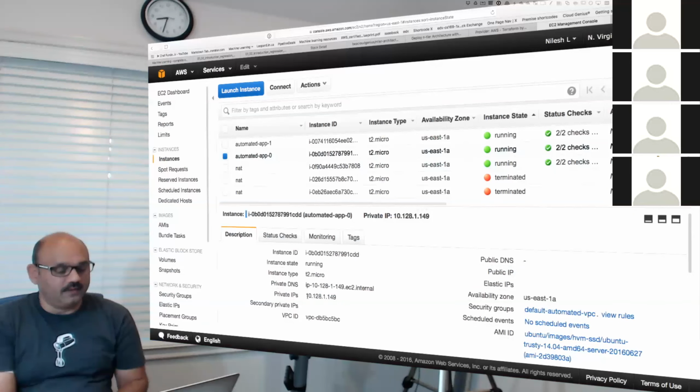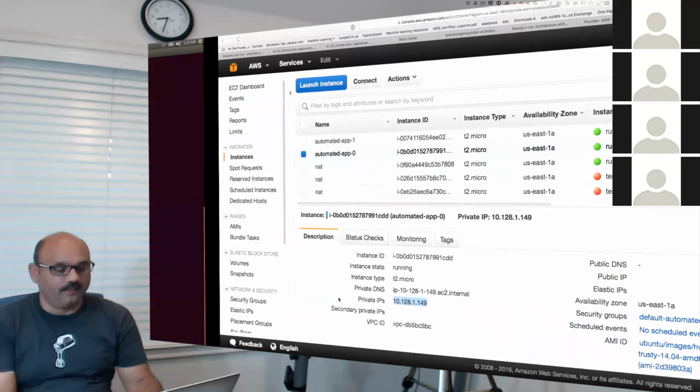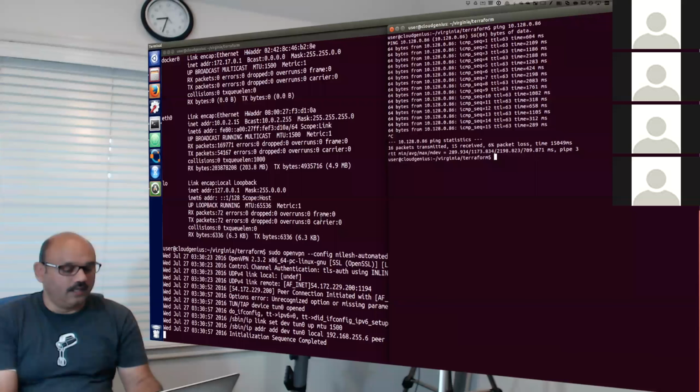What I will do is grab the private IP address of the app0 machine and bring it here. In this window on the left side, we have the VPN client connected to the VPN server.